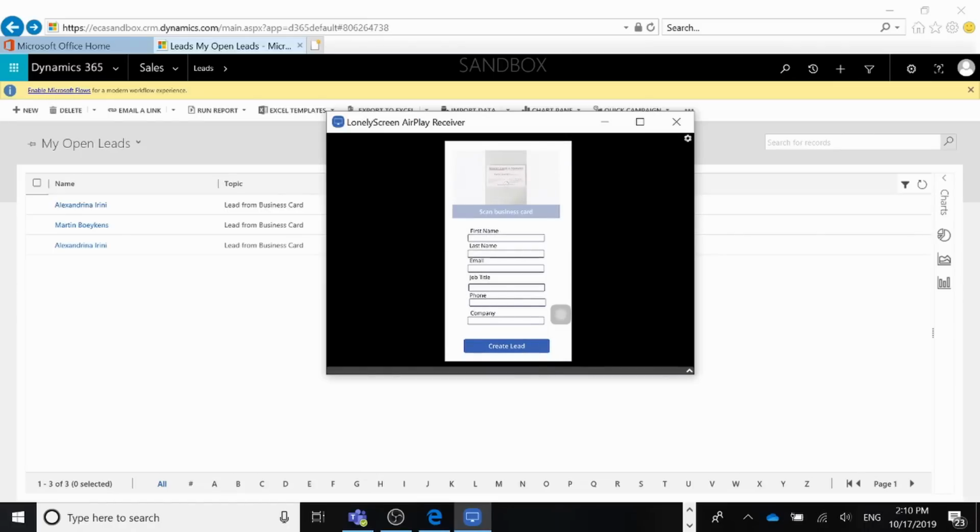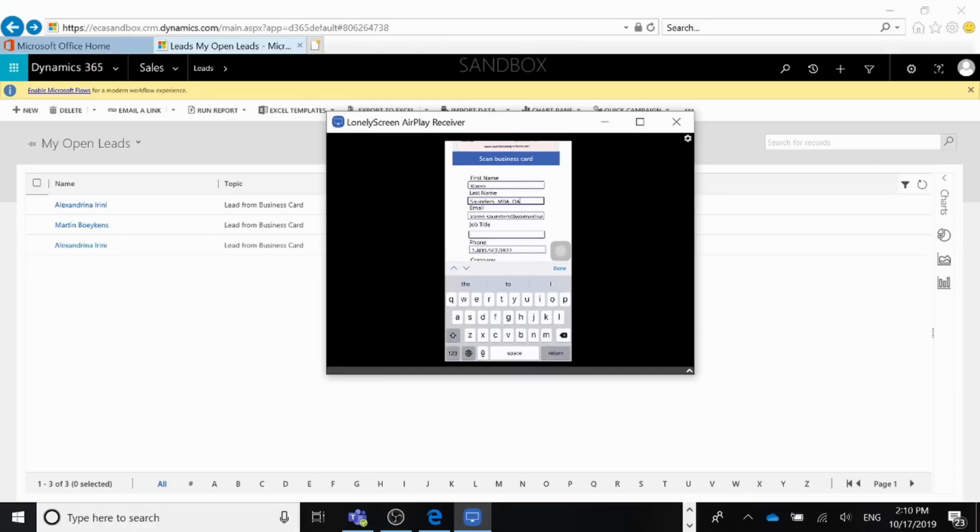Okay, so you could see it's trying to load this photo. After it analyzes the photo, you will see the first name, last name, email, job title, phone number, and the company populate. Let's compare to see if it's correct. First name Karen, last name Saunders, but it put the person's title there as well. That's fine. But it's MBA, not QA. So then CPA. And the email address is correct,